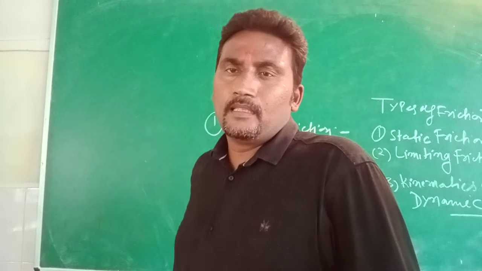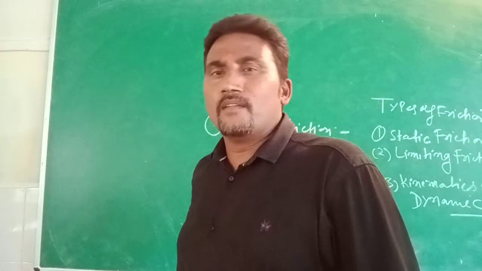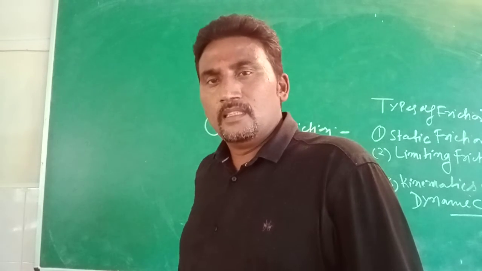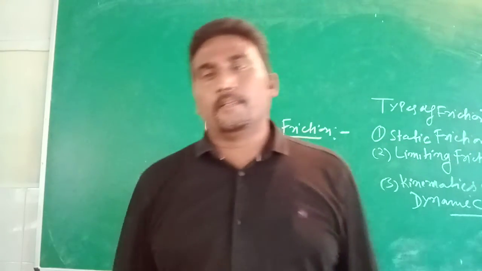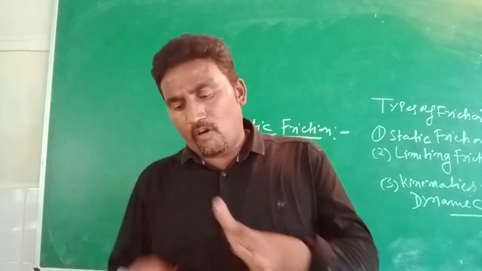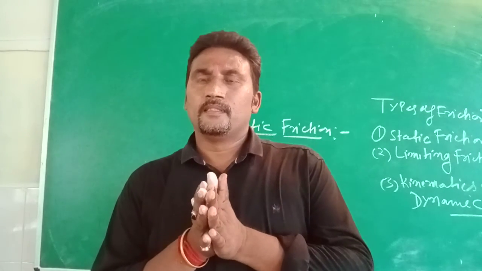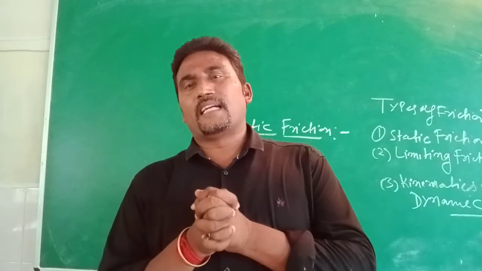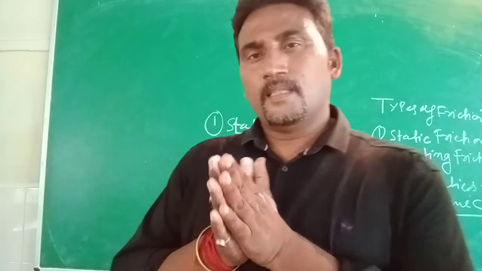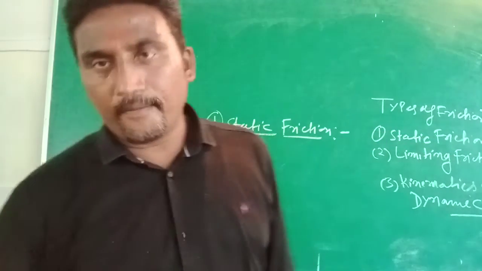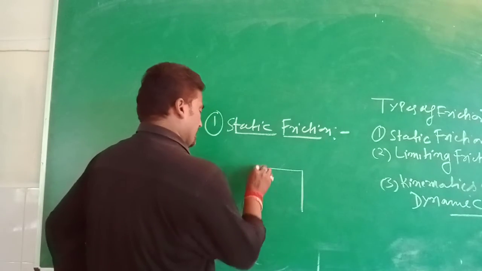For example, when a paper or book is on the table in rest motion, at that time the two bodies are in contact with each other, the upper level of the table and the lower level of the book, and they also try to capture each other. At that time the friction behaves as static friction because the object is at rest. Now for example, it will be easily represented.